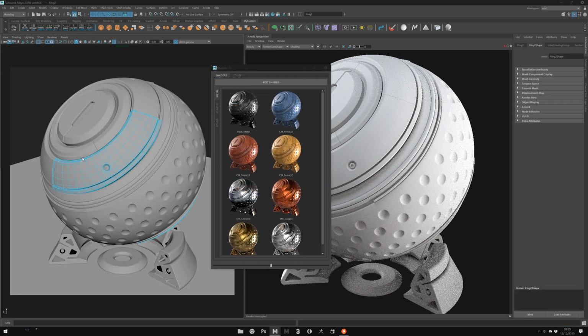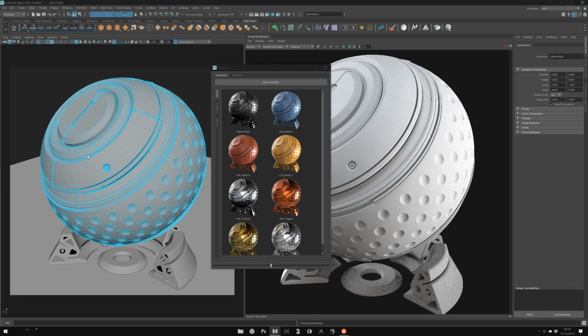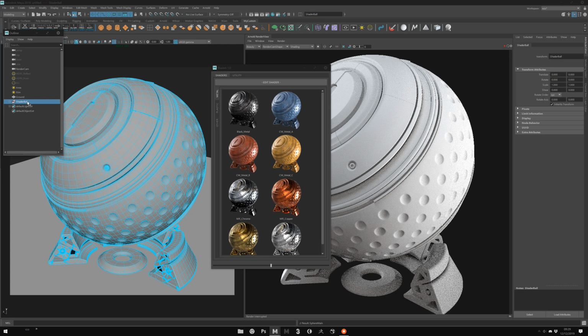You select your mesh here. I will, with the up arrow key, select everything, or directly select the shader ball here. You choose the shader you want to apply. For example, here, let's apply the black metal. And to apply a shader, it's a double click. Okay, so double click, boom, it's applied.